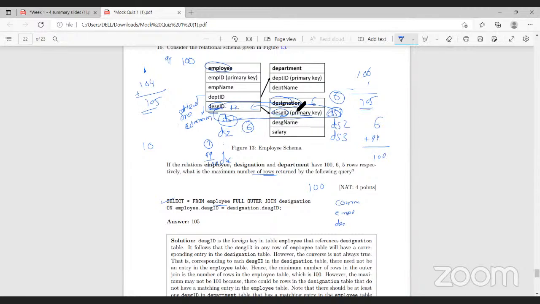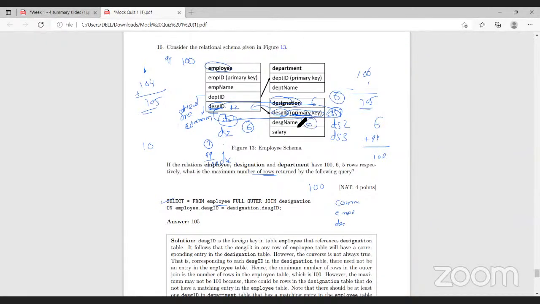common tuples will be there, and the remaining tuples will be 94 from the employee table, because we already covered all the tuples from the designation table. It cannot have a duplicate value. It is a primary key, right? It can have only 6 tuples. And the designation ID in the employee table is not a key, so it can take DS1, DS1, DS1, then DS2 110 times, then